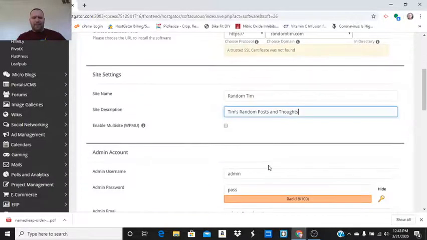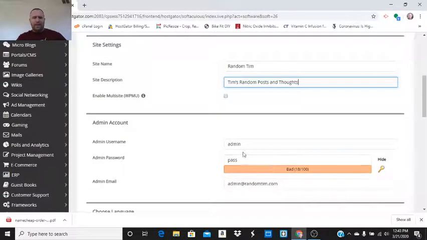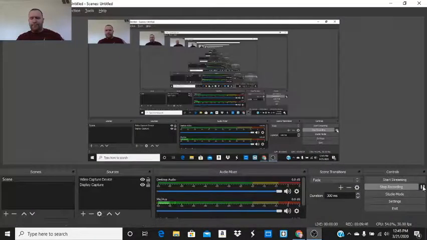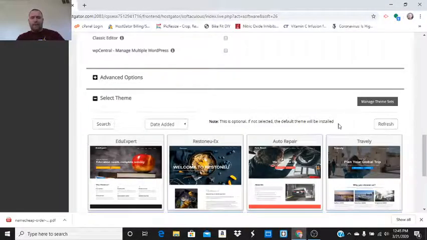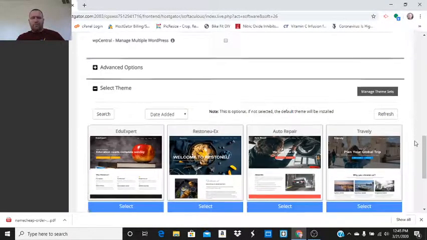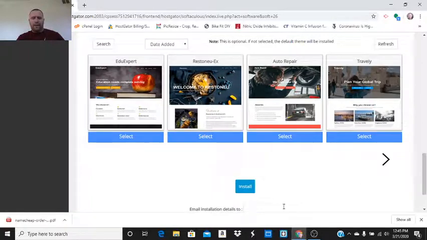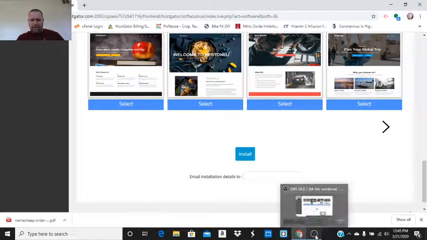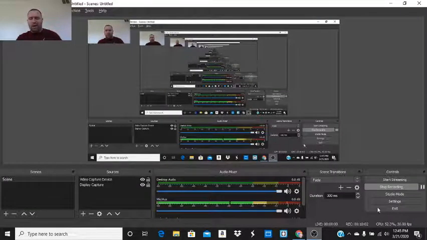Pretty random. I'm not going to enable multi-site. I'm going to put a username. I'm not going to select any theme. I'm just going to go with the default theme and pause for one moment, put my email in, and I'm going to click install.